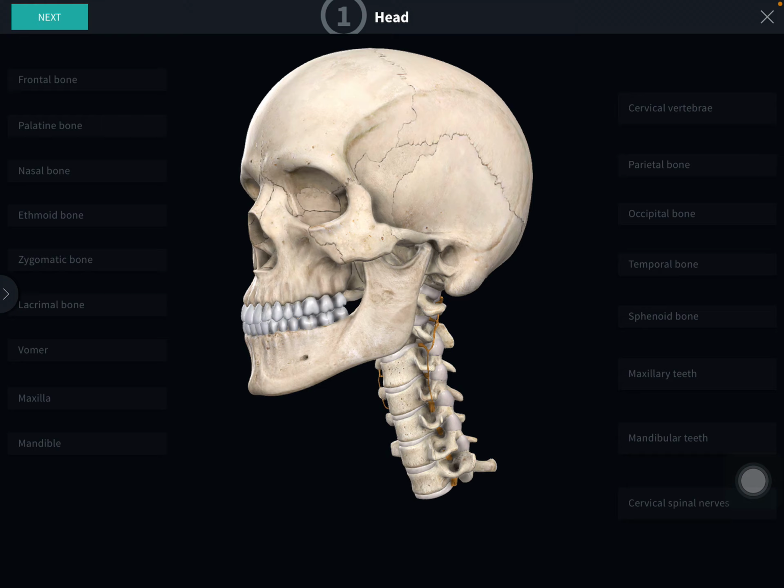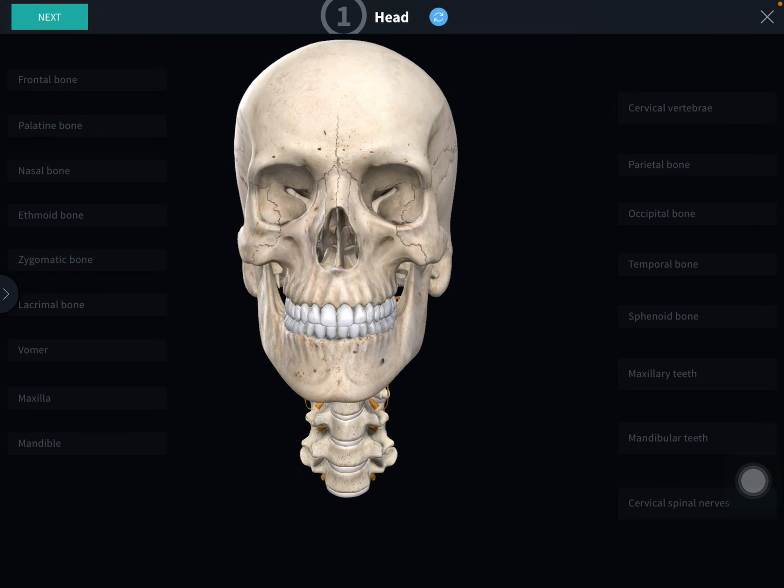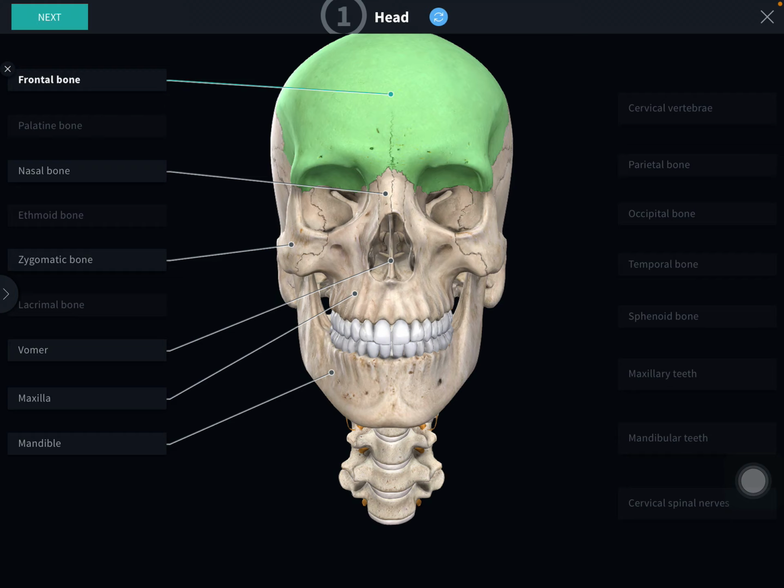Keep watching the videos. Now we will move to the revision of the skull bones, starting from the first, the frontal bone. You are seeing it forms the forehead, the superior margin of the orbit, the upper part of the medial margin of the orbit, and also the roof of the orbit. The part which forms the roof of the orbit will be called the orbital plate.